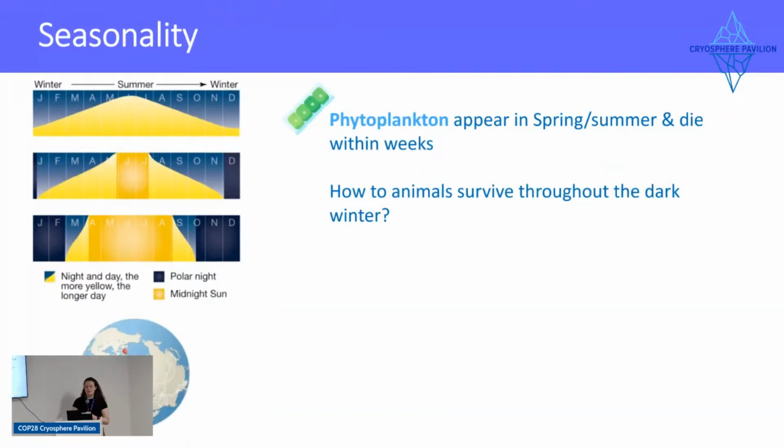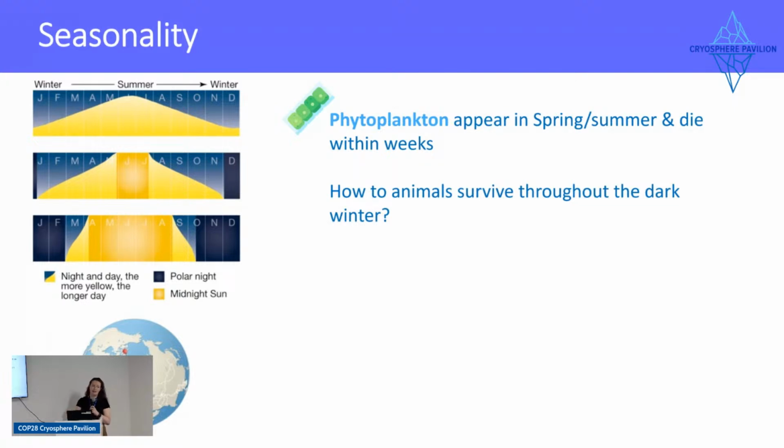So if we think about life in the poles, the higher we get, the more of a strong seasonal signal that we get. So towards the North Pole, we get sunlight 24 hours during the summer, and then we get no sunlight during the winter. So if you're phytoplankton and you generate your food based off light, obviously you can only do this in summer, which means that we only get sort of new food generated in spring and summer. These phytoplankton, these little cells, then die, and that's it, the amount of food that's available for the rest of the animals throughout the year.